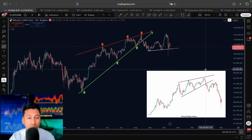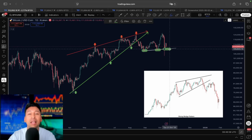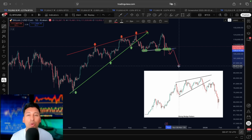Now, first thing first, what I want you guys to monitor is this rising wedge pattern. A rising wedge pattern is a bearish continuation pattern, and according to this pattern, Bitcoin has a last line of support lying around 108,000, and if this last line of support on 108,000 gets broken, what is next? A continuation which could look somehow like this: Bitcoin getting attracted around 100,000 and even lower,